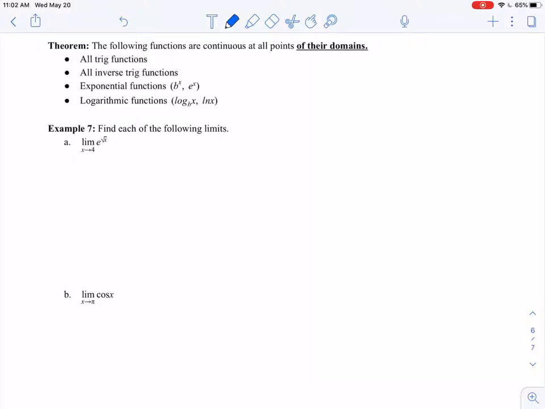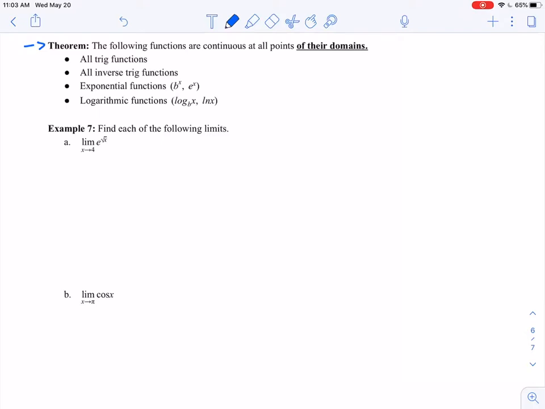So at this point, we've talked about continuity of polynomials, rational functions. We got into a little bit of piecewise functions when we talked about continuity on intervals and root functions, but that still leaves us with a whole mess of other functions here, and we're going to try and close that gap in this video. This handy theorem tells us that the following functions are continuous at all points of their